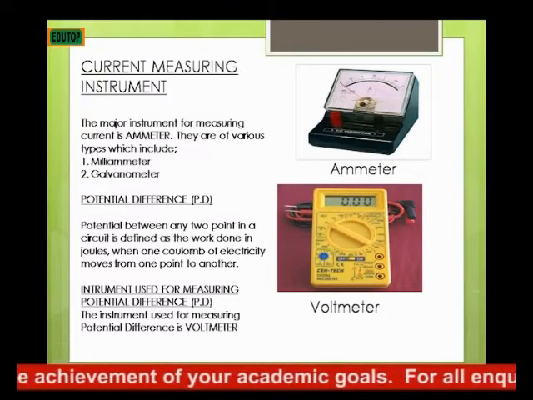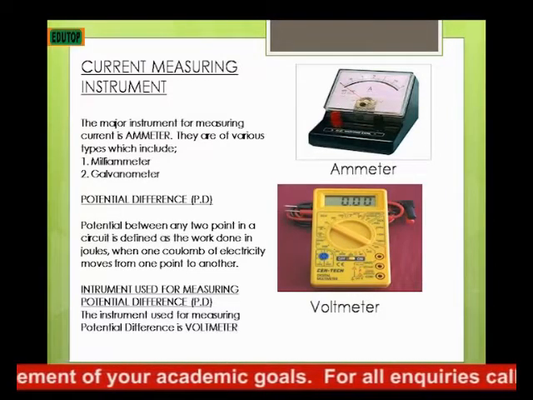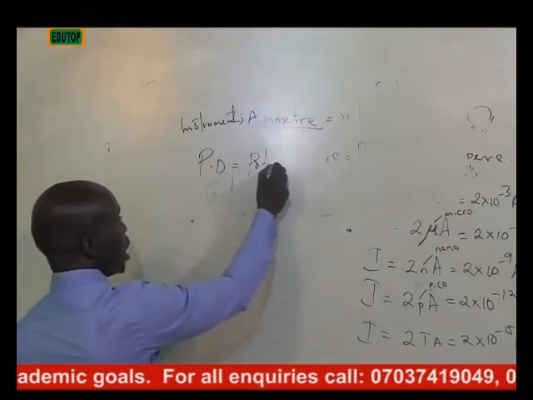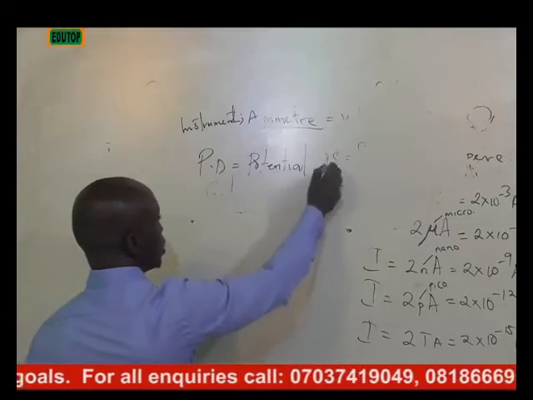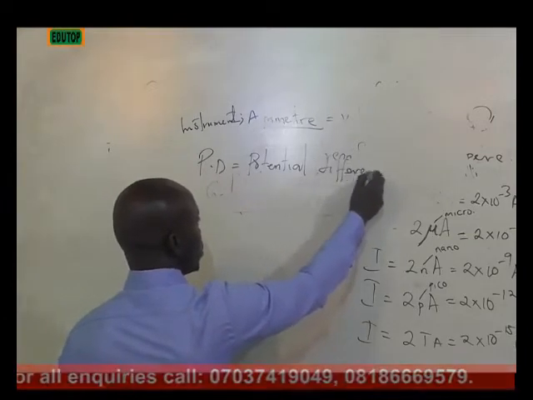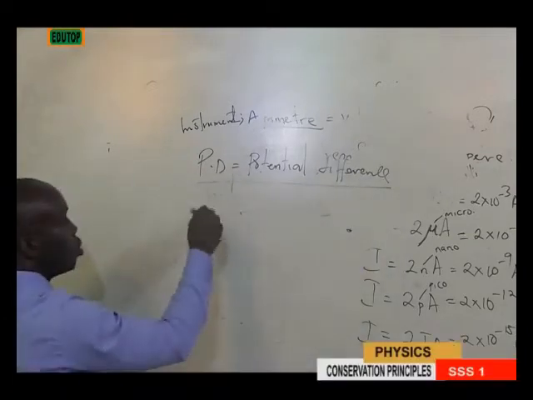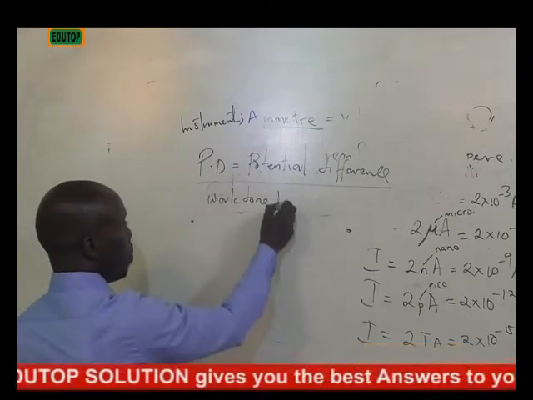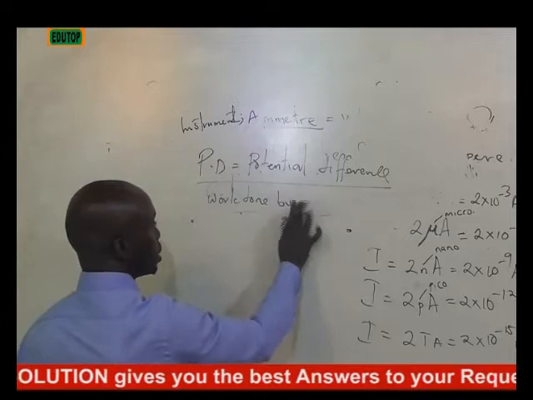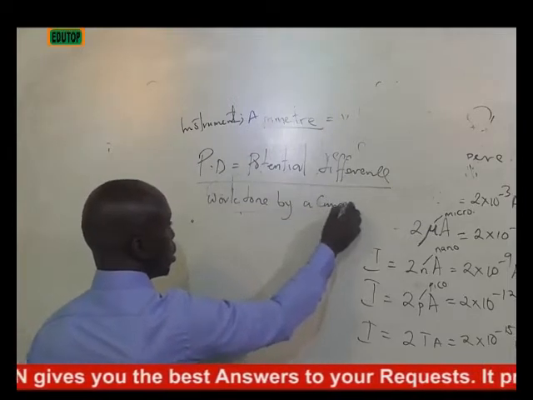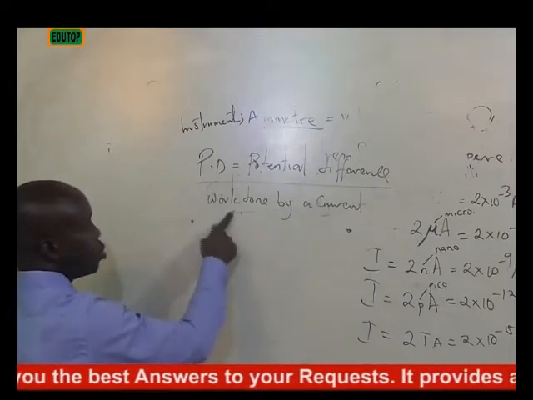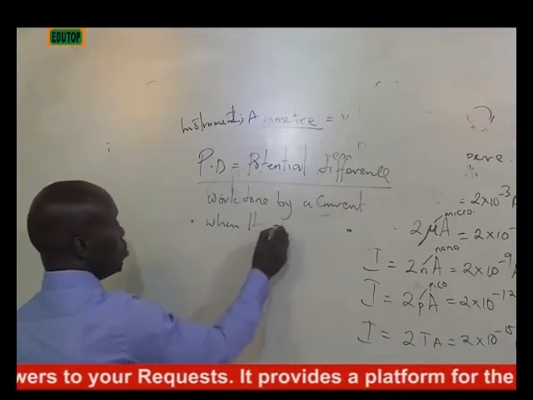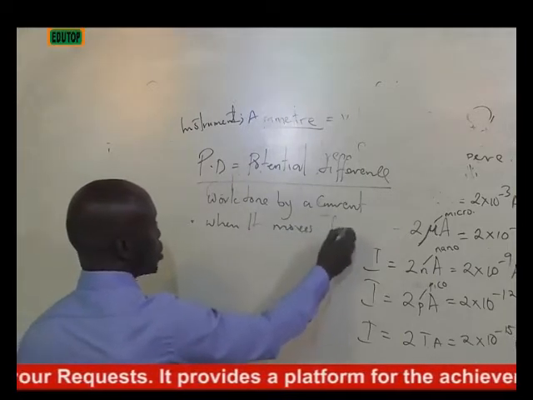The other time we said when you have your charge, remember we said PD, which represents your potential difference, is the work done by a current when it moves from